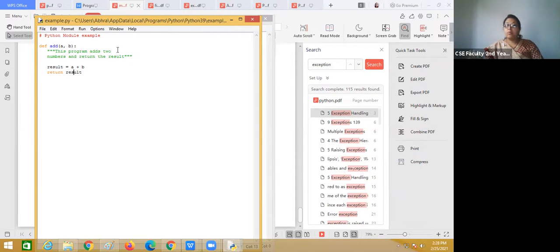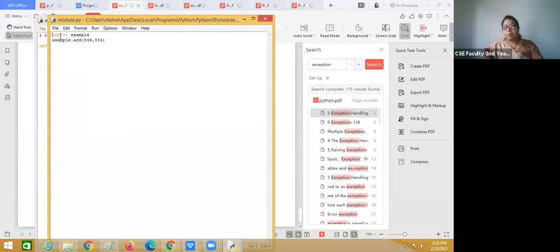Okay, now we are using this module in our program. How? By writing import example. Example here is the module name. Then example dot add, and you are passing these two numbers. You can pass any numbers, but there should be two arguments.